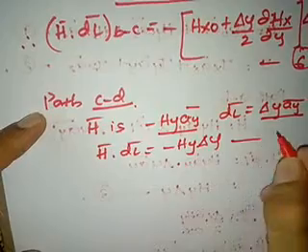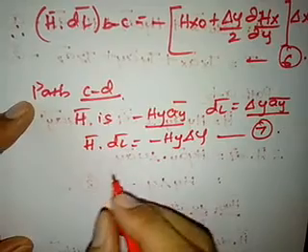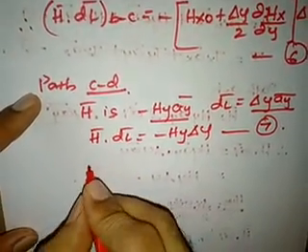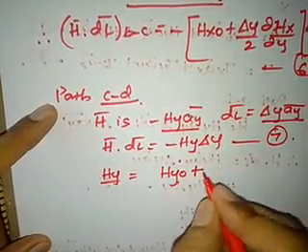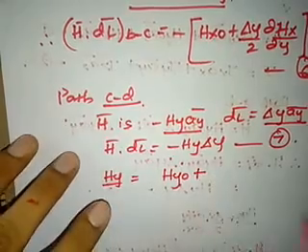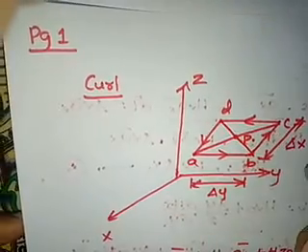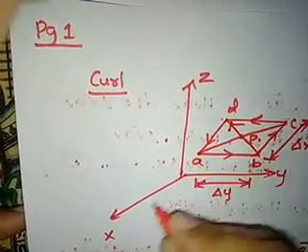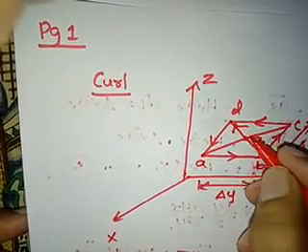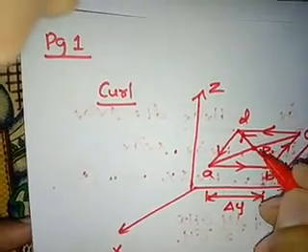So next, take it as equation. Hy can be expressed in terms of hy naught, that is the component at the origin, plus or minus here. Let us check. The distance of C to D from point P is in this direction, opposite to the x direction. It is delta x by 2, no doubt, but it is minus because of the distance of CD from point P, so it is minus delta x by 2.